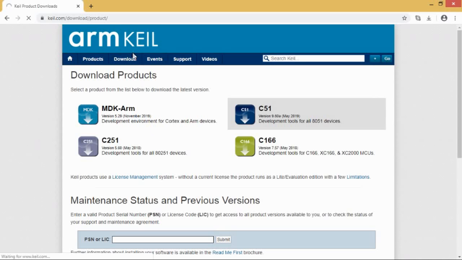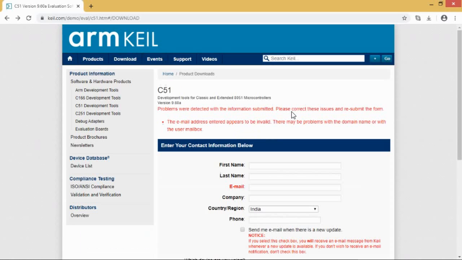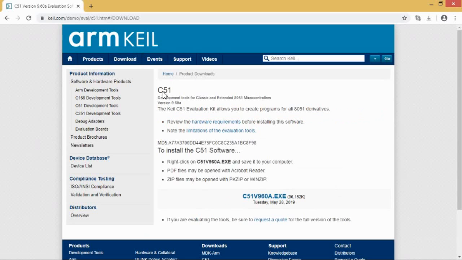So KEIL has 1, 2, 3, 4 products, out of which we will have to select C51. After clicking on this you will get redirected to a page in which you will have to fill up this form. After filling up this form, next you will get redirected to this particular page.